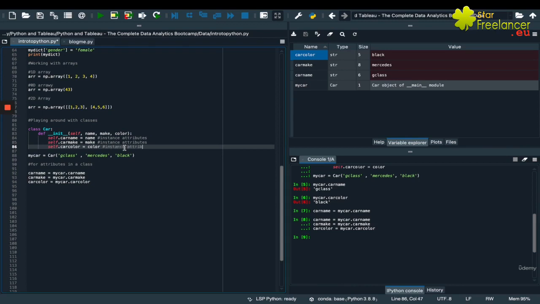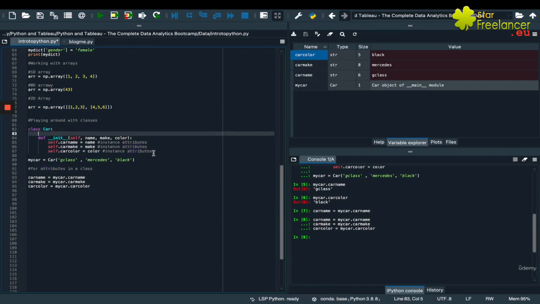Okay, and remember, instance means the actual data. And then you may hear something called class attributes, right? And class attributes are just attributes that have the same value regardless of your instance. So a class attribute would be something like,